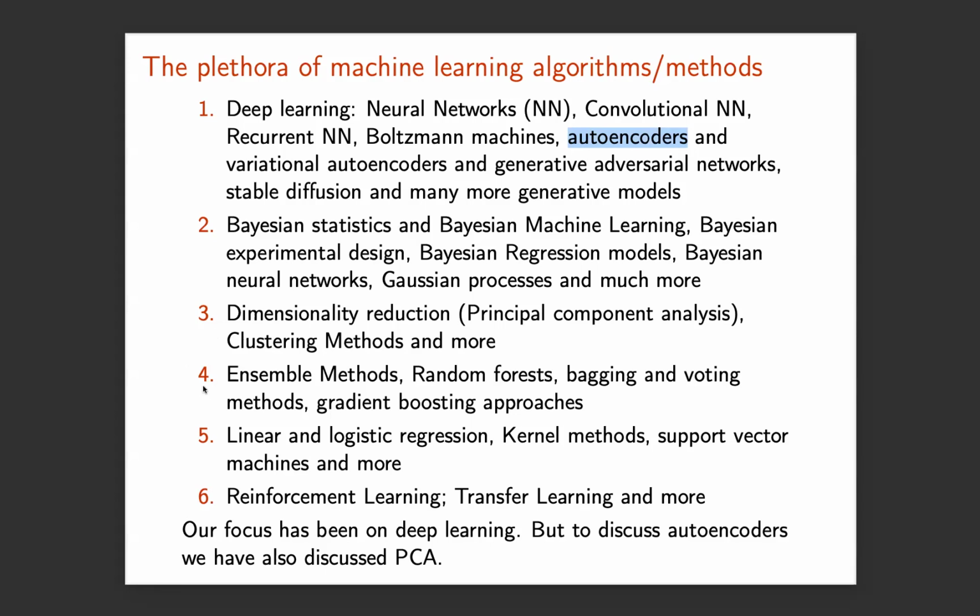Methods like 3, 4, and 5 are normally methods which we would call methods belonging to the pre-deep learning revolution. And linear regression has been with us since the 1850s. So that's close to 200 years. And we normally would consider that as a low-level machine learning method in its simplest approximation.